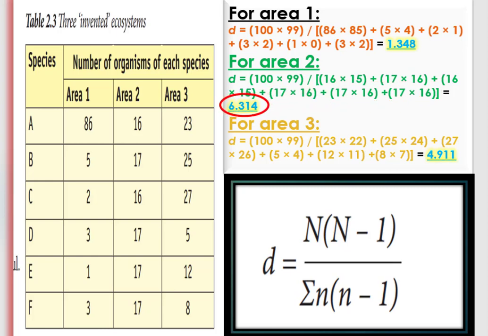And the biodiversity index in ecosystem 3, again D, is equal to 100 times 99 divided by